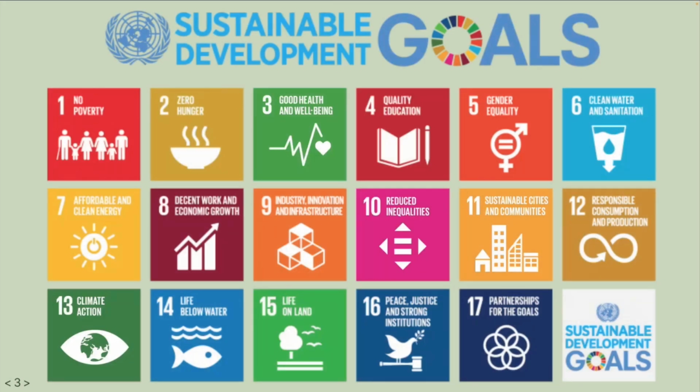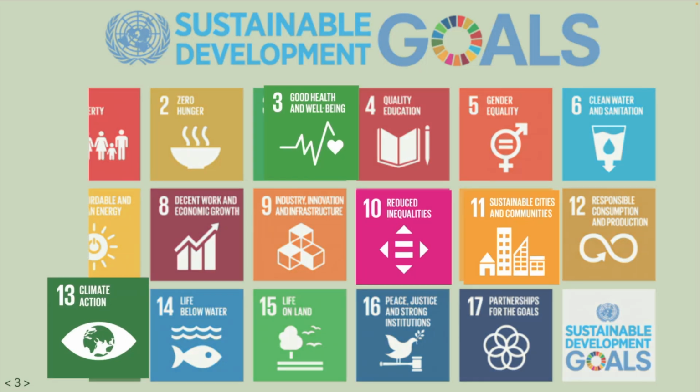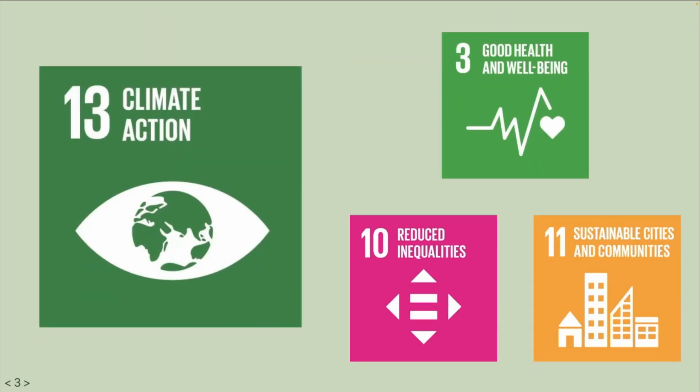The United Nations has 17 Sustainable Development Goals established to achieve an equitable and more livable future for everyone by 2030. While the problem of extreme heat is addressed most directly by the Climate Action Goal 13, our project also aimed to improve the good health and well-being of residents. Our focus on vulnerable populations aimed to eliminate some of the heat-related discrepancies experienced by these communities, and our findings and strategies for Melbourne could be implemented to create more sustainable cities and communities around the world, supporting goals 3, 10, and 11.